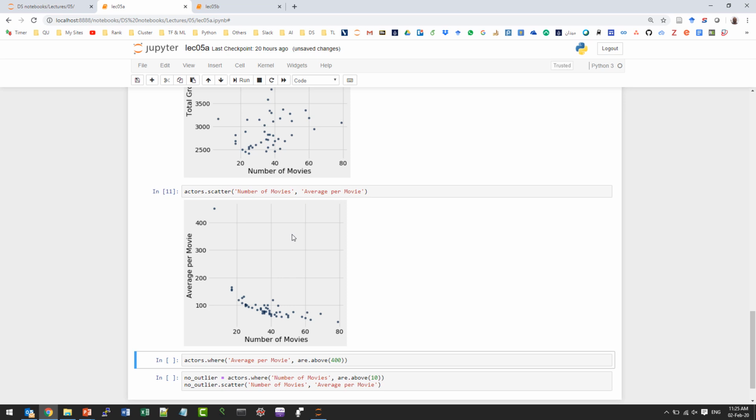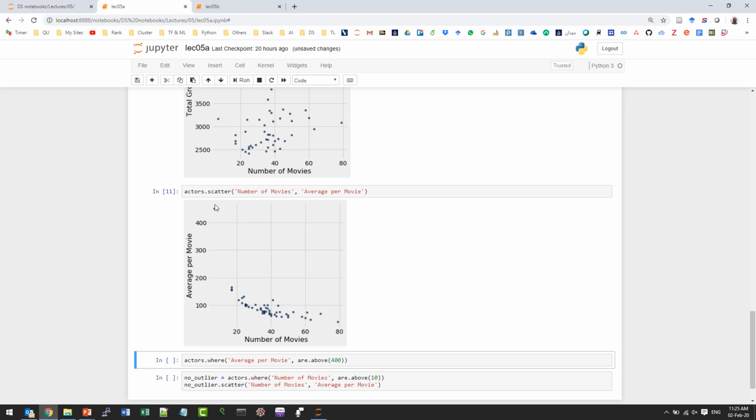That the average per movie decreased whenever the number of movies increased. Yes, average per movie decreased. Yes, here it is more clear, right? It's more clear than the previous one that when the number of movies increases, the average per movie decreases. So it seems like there is a negative relationship here. Before we get into what could be the reason behind this, or what the meaning of this is, let's